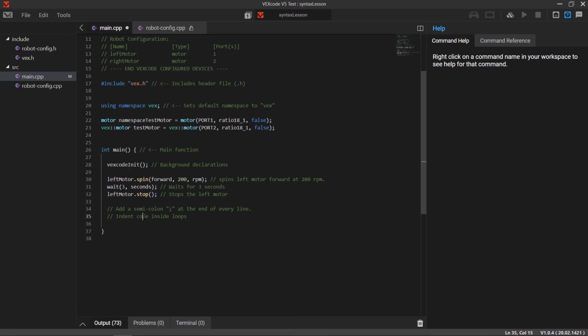And finally, I'll go over just a few general things of program housekeeping. When you're inside a loop or a function, you'll want to indent all of the lines inside of here. If you notice, int main and left motor are separated by the distance of one tab. And finally, it's good practice to comment every line in your program. As you can see, at the end of these three action lines, I explain what it does. While it might seem redundant for a small program like this, when you get into a long, several thousand line competition program, it is really helpful. And that's it on